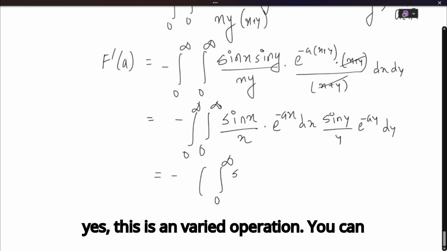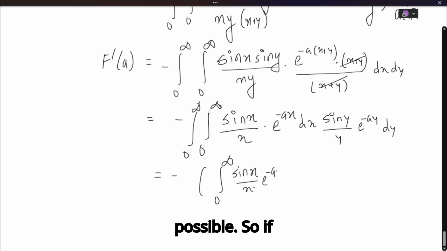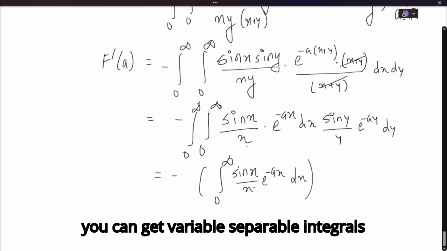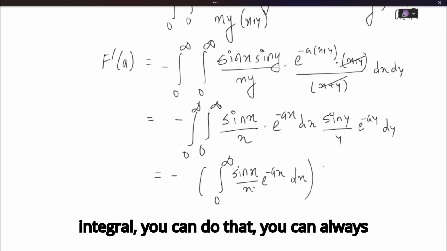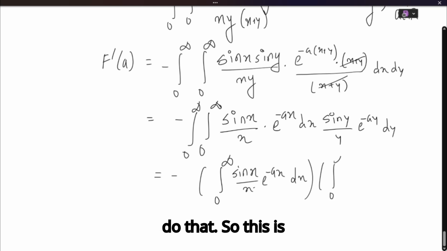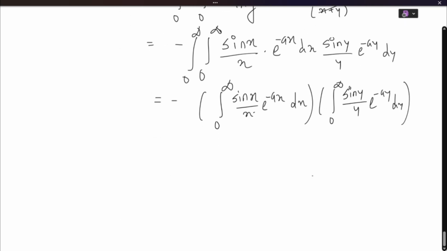And yes, this is a valid operation. You can apply it in other sums as well, whenever possible. So if you can get variable separable integrals inside of a double integral or a triple integral, you can do that. You can always do that. Okay, so this is again e to the power minus ay dy. Okay, we are done. We're good. Now,